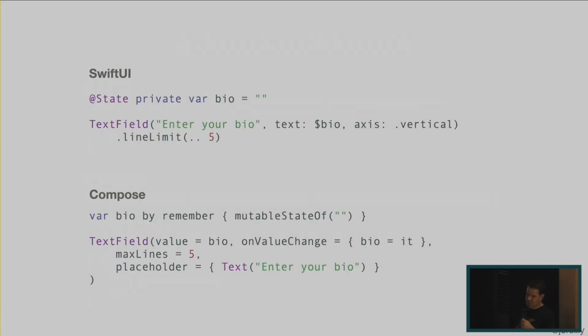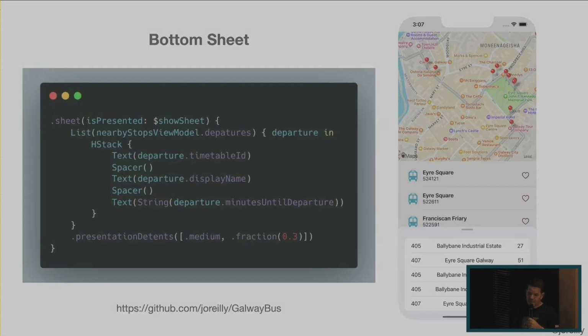Another small change in iOS 16: text fields that automatically grow with their content, and again, this brings things in line with Compose behavior. And interesting to note here the use of text field in both SwiftUI and Compose. Next up, an example showing a partially visible bottom sheet in SwiftUI, again added in iOS 16, and again providing a capability that's